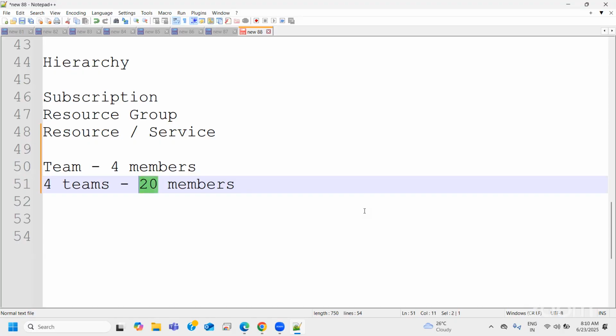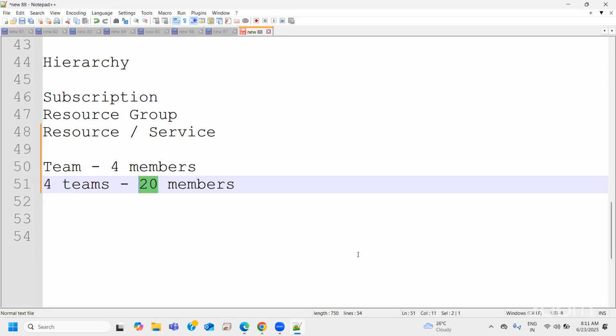If you are working as a cloud admin, or as a person at the cloud architect level, you have to give individual access to all 20 members. It might be a subscription, a resource group, or an individual resource, but that is a separate part. If you want to give access to all 20 members and so on, more and more people will be added. It is not that only 4 teams will be created; once a team expands, more people will join that team, whether it is a development, testing, or production support team.